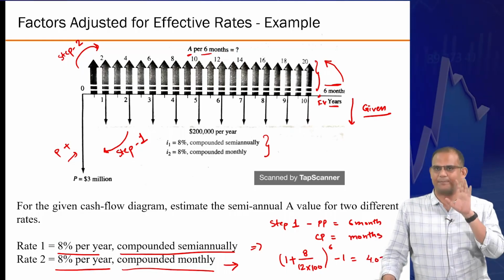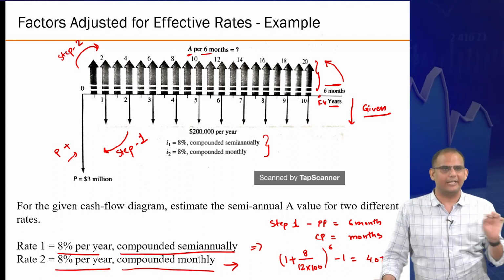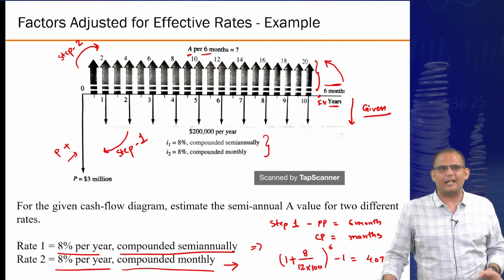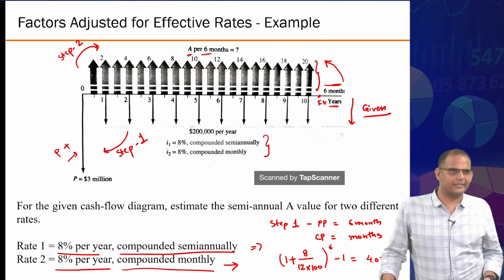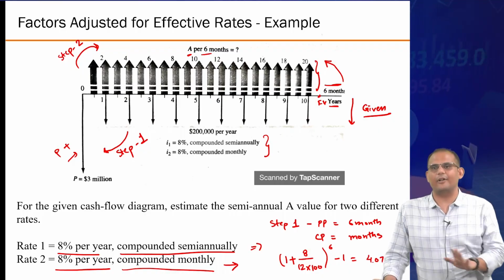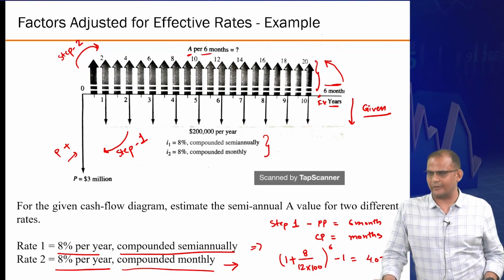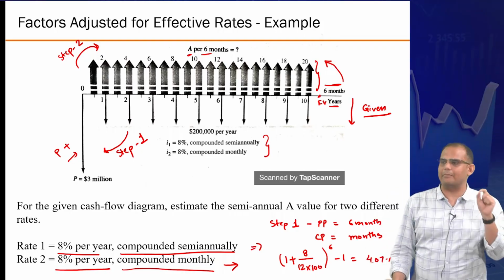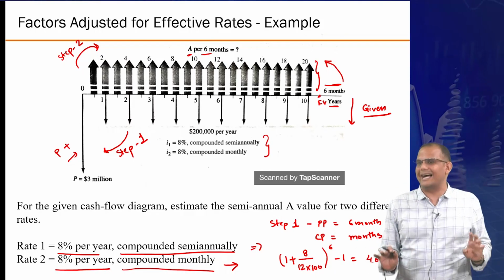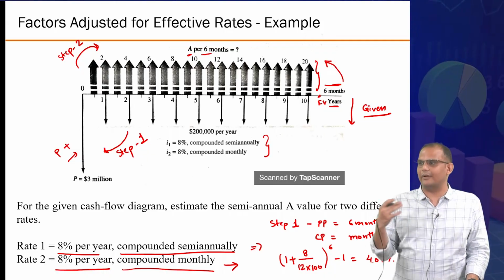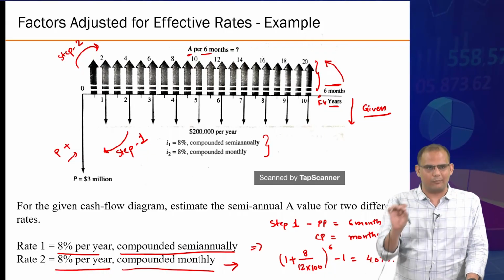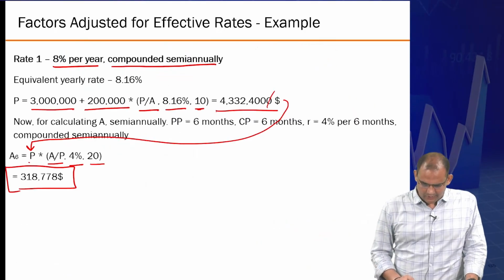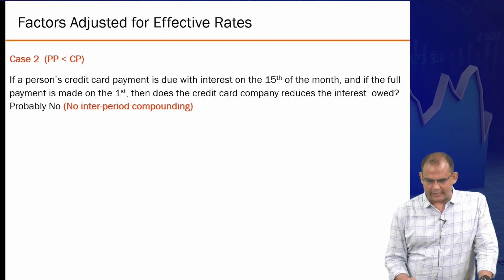So please pay special attention, when you are doing every question, try to make a cash flow. If your cash flow is wrong and you're getting the correct answer, it's just by coincidence. Cash flow has to be correct in order for you to get a correct answer. Okay? Whenever you are practicing, make it a habit to draw the cash flow. Even if it is not asked in the question, it helps you clarify your thought. It helps you clearly indicate what all the transformations you need to do. Okay? Alright. Let's look at another case.